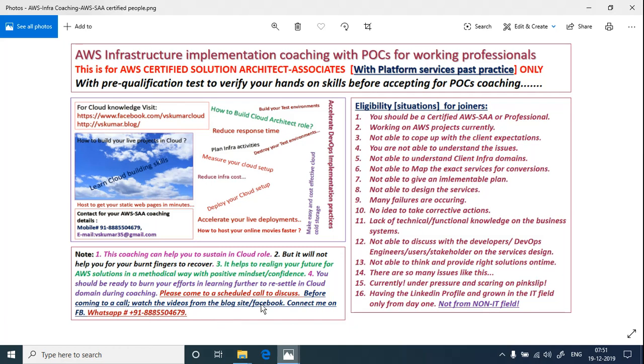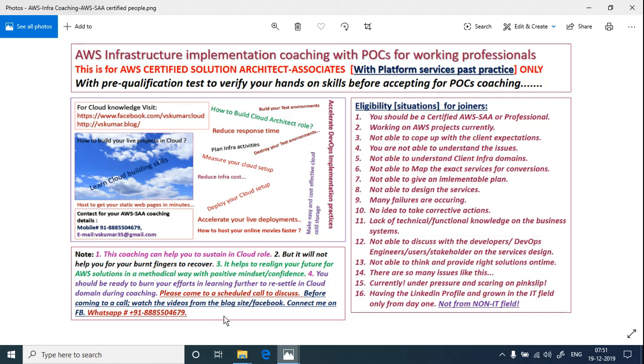And please come to a scheduled call to discuss. Obviously, when you are connecting on LinkedIn, you are going to do so with a schedule with me for talking on that. I am not going to take you in the first instance itself. We both need to understand what is your bandwidth, what is my bandwidth. So for that, I am proposing at least 2 calls with a 2-day gap in between the calls. Then you make a strong decision.